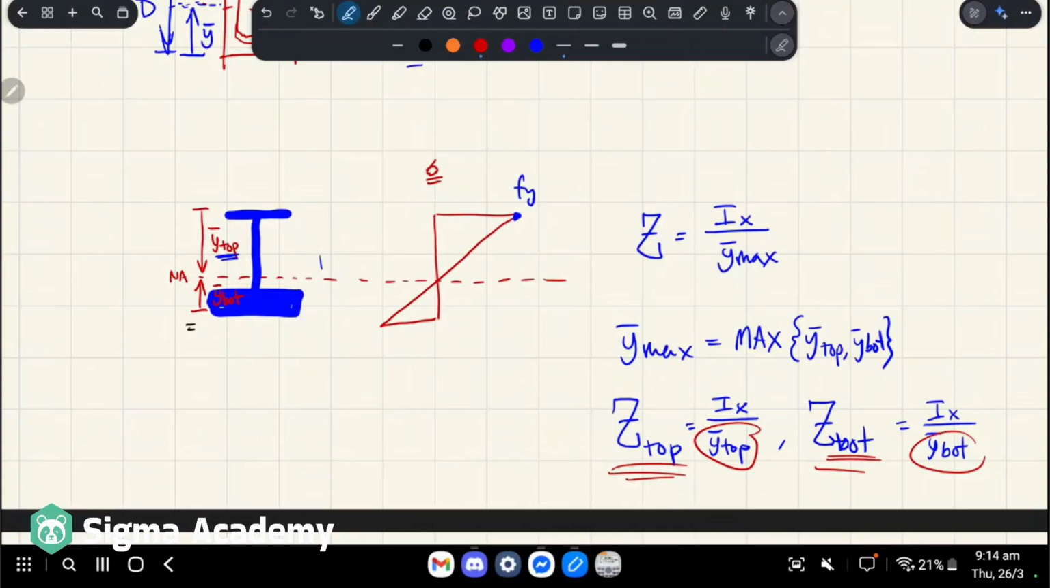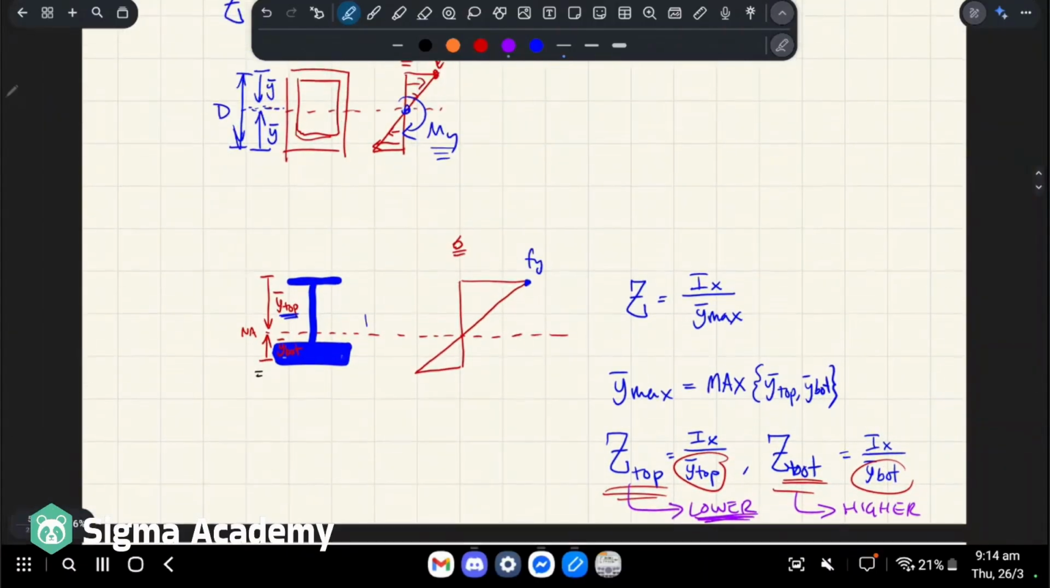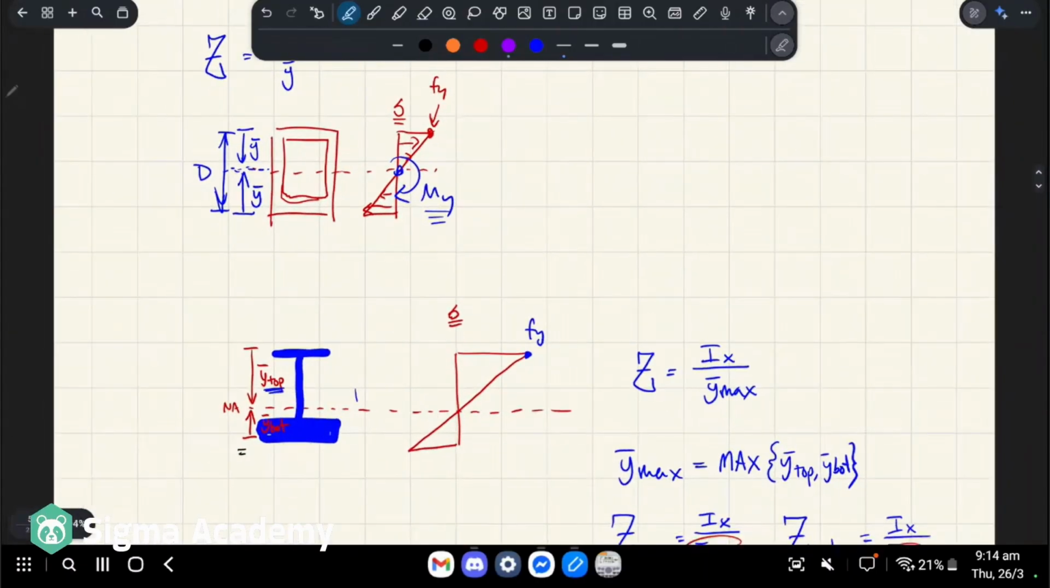And so you'll find that in this case, Z top will give you a lower number, and Z bottom will give you a higher number, right? And the lower number is going to be the more critical one, right? So that's what happens for a monosymmetric section, but for a